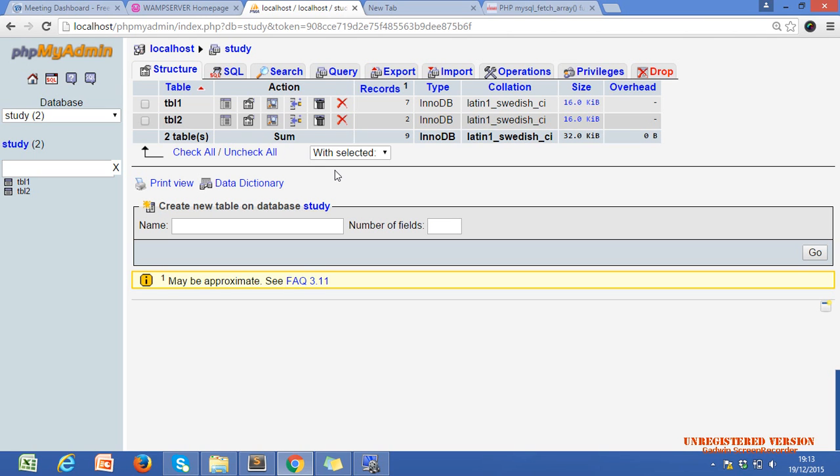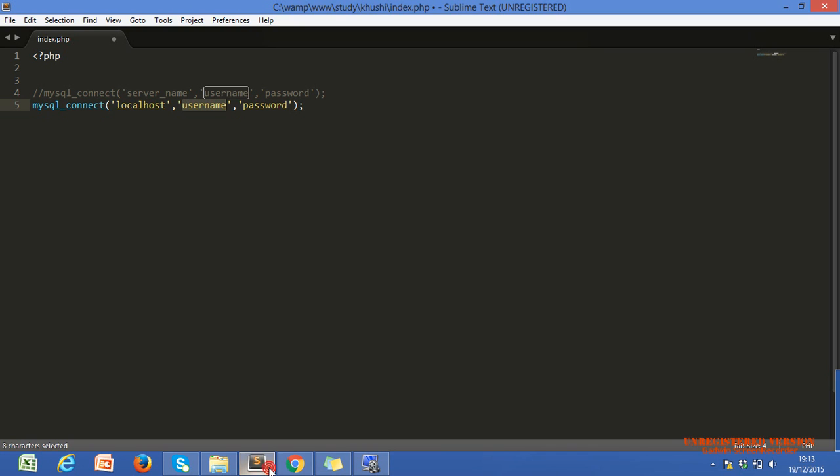On localhost, in WAMP or XAMPP, we don't need to enter credentials. So we need the database username and password.